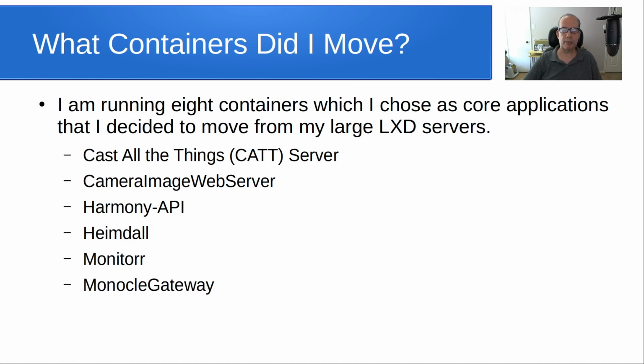And next, I run something called Monocle Gateway. Monocle Gateway is an app that performs an RTSP to RTP gateway for video, and it's designed to be able to host cameras that Amazon by default will not work with all third-party cameras. And in my case, my cameras are either all Reolink cameras or they are Ubiquiti UniFi cameras, and those cameras are not supported by